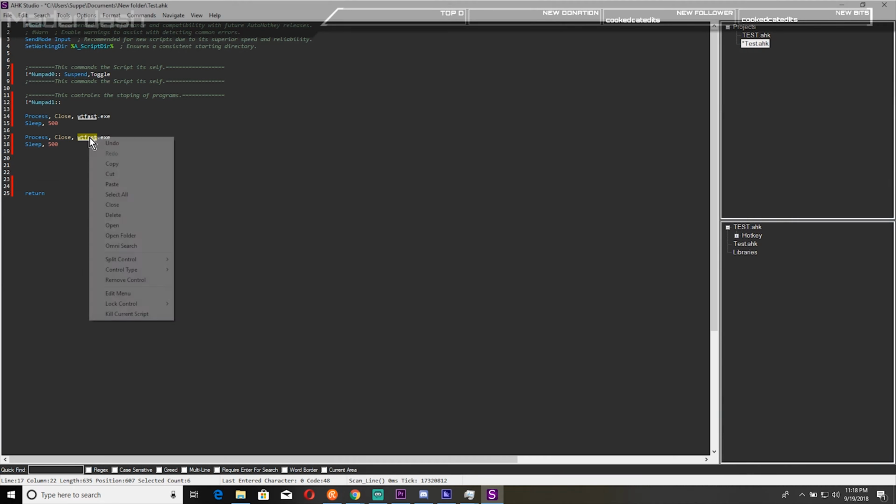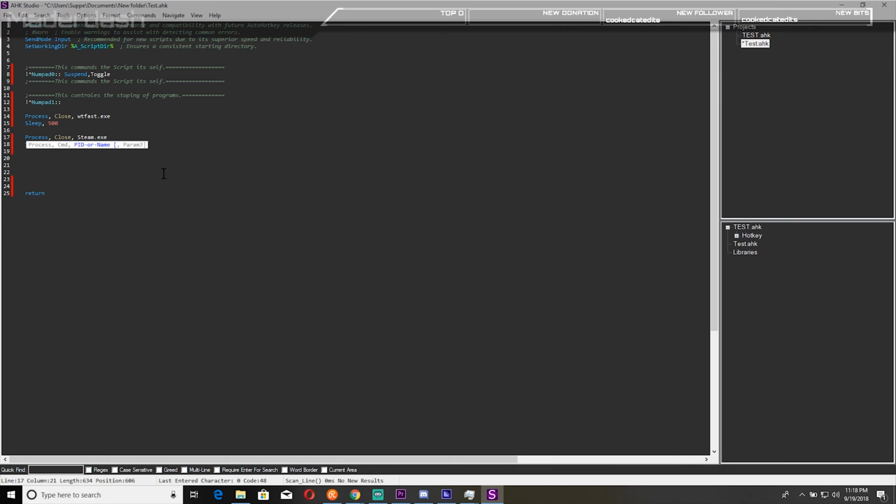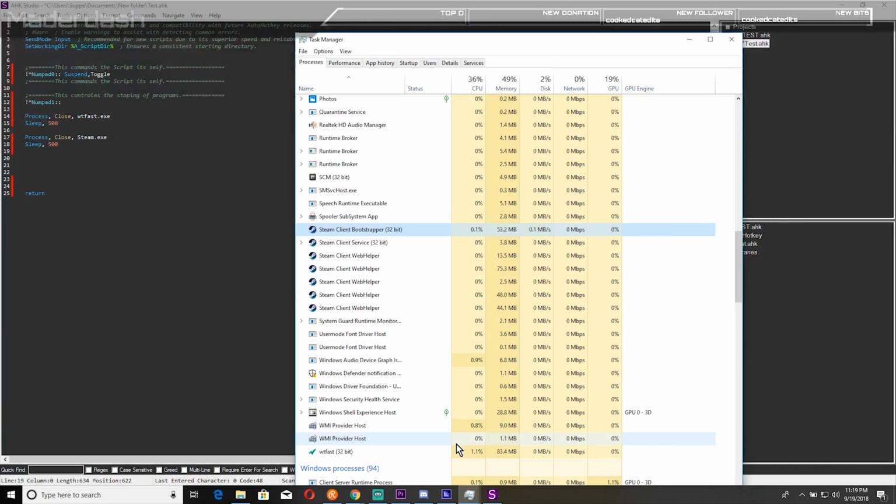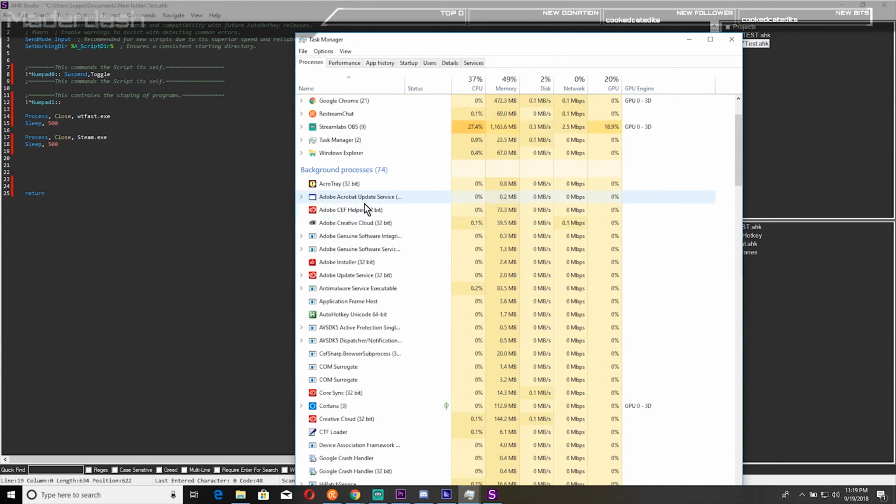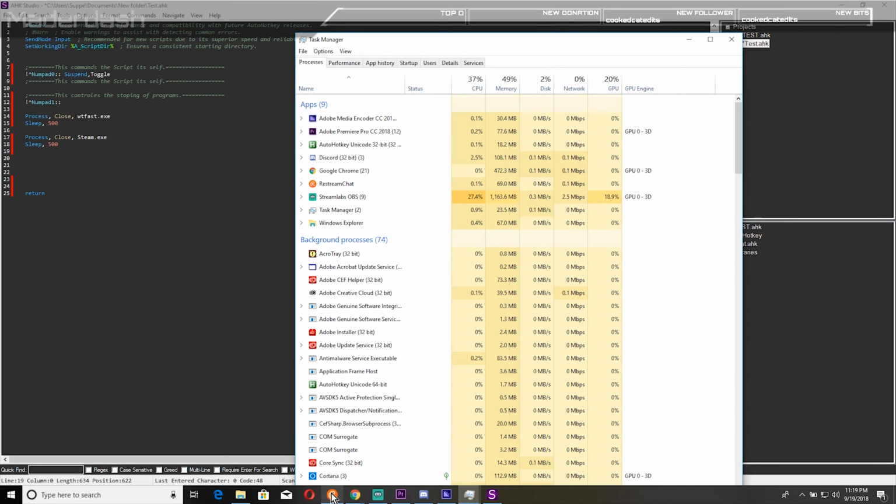Copy. Paste. And you have a couple of Steam EXEs, but you get the idea. Let's see what else. Is there anything else we can close on here? See here, we can close down perhaps Adobe. Let's try that. Well, we shouldn't close Adobe because I'm actually using Adobe right now, but anything here that you would like to